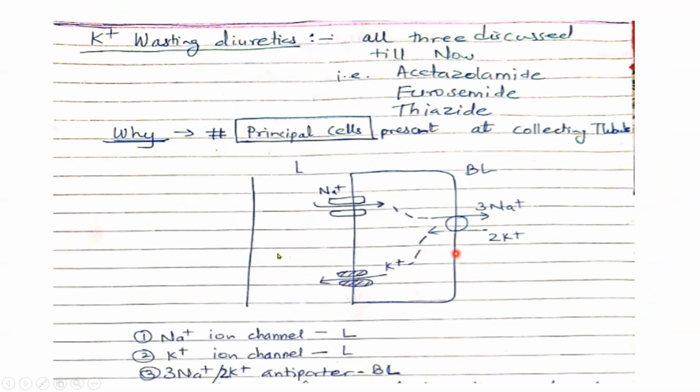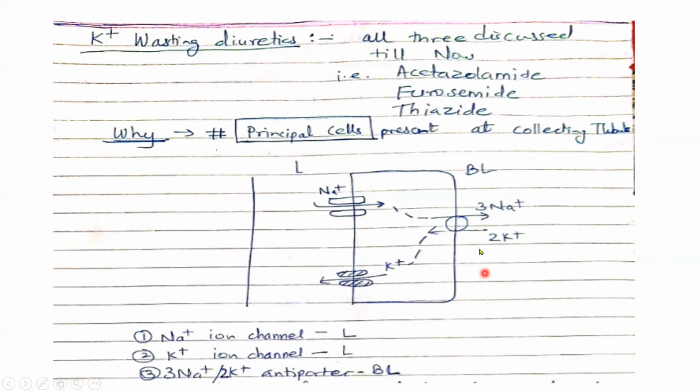Okay. So when I say that, they are taking sodium from the lumen, allowing it to reabsorb back and allowing potassium to enter the lumen. So how does this happen? At the principal cell, you have sodium ion channels, which are electrogenic in nature. More sodium present here, more will enter inside the cell. You have potassium ion channels, more potassium present in the cell, more potassium will enter the lumen. So understand the fate. Sodium will not be excreted. Potassium, because it is coming in the lumen, will be excreted, wasted from the body.